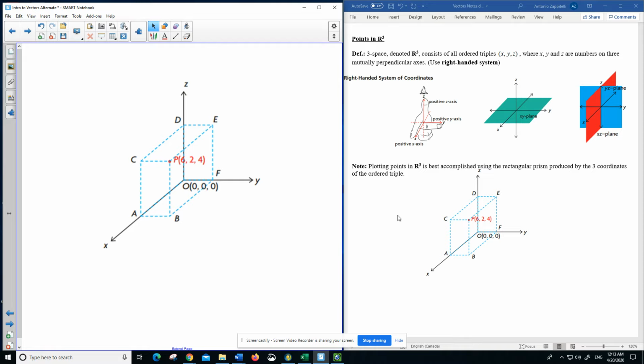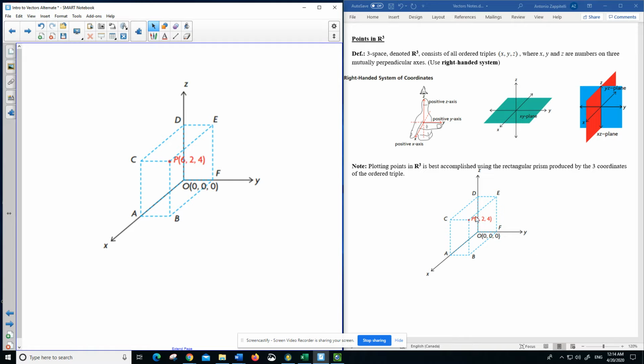Okay, so let's take a look at the notes. So this idea of 3-space, or Cartesian 3-space, which we denote R3, we don't say R cubed. So that means the Cartesian plane would just be R2, and the number line would be R1. Okay, so again, similar to our Cartesian coordinate system, we have an ordered set of numbers, except now there's 3 of them. Okay, and the axes are mutually perpendicular with this right-handed system. Okay, and if you want to try to plot a point in 3D, the best thing to do is to use this